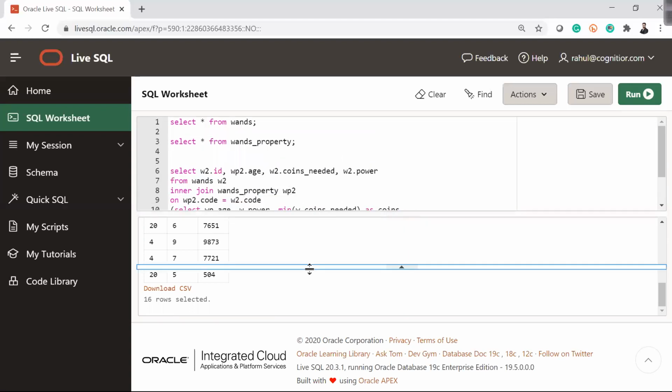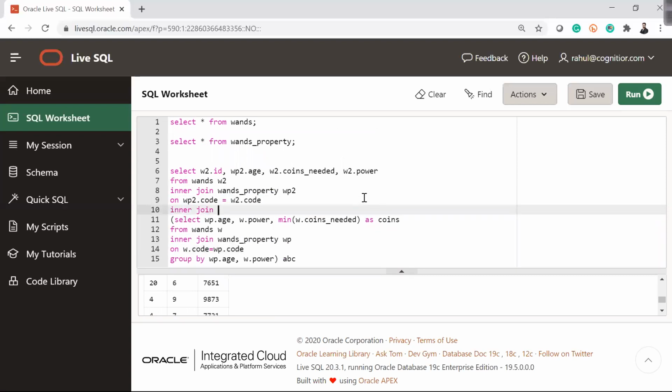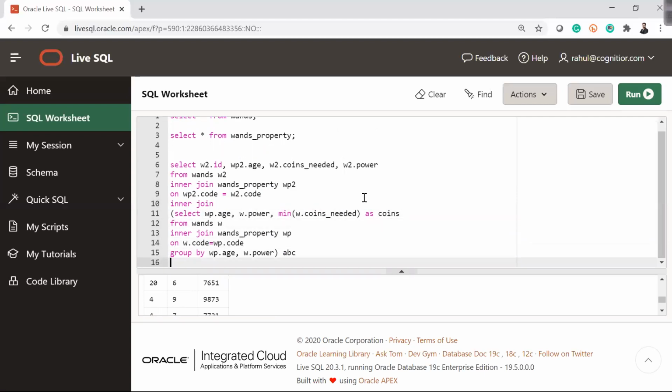So here what I'll do, I'll just go here and apply one more inner join on this table ABC, on ABC dot age is equal to WP2 dot age.